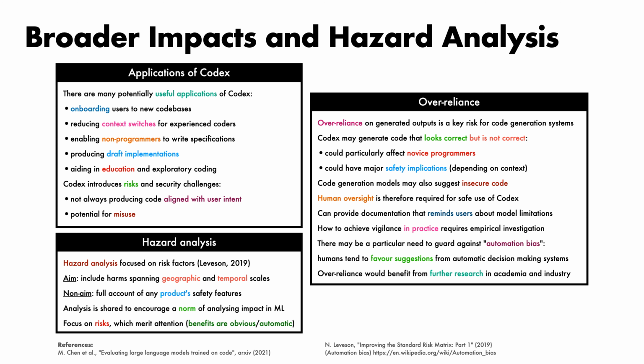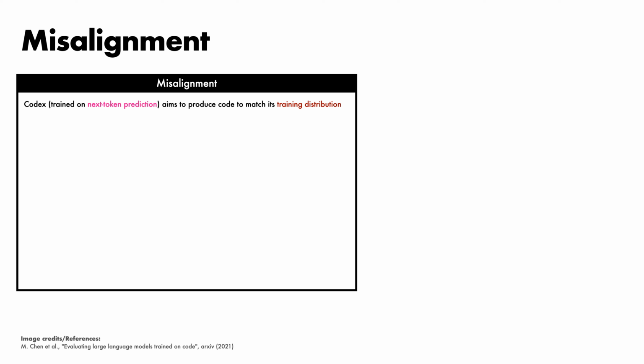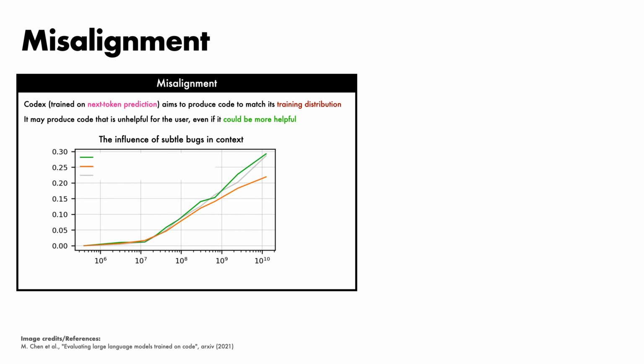More broadly, the Codex authors suggest that over-reliance is a topic that would benefit considerably from further research in both academia and industry. The Codex model, which has been trained on a next token prediction objective, aims to produce code that matches its training distribution. As a consequence, it is possible for Codex to produce code that is unhelpful for the user, even if it could be more helpful. To better understand this point, we can examine the influence of subtle bugs in the context